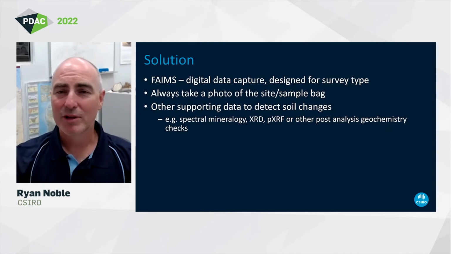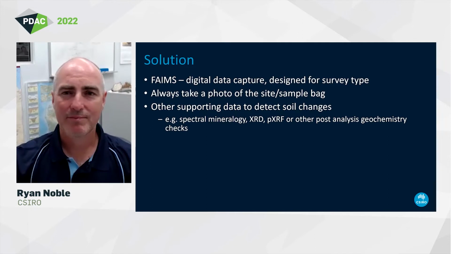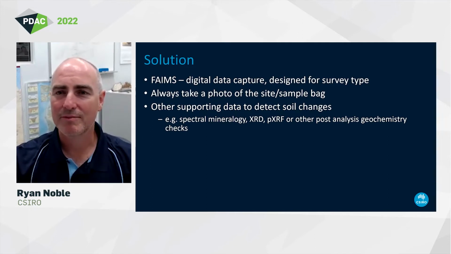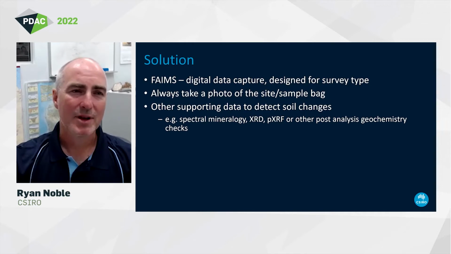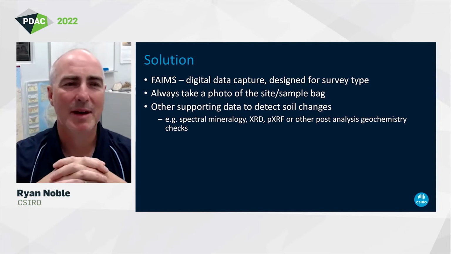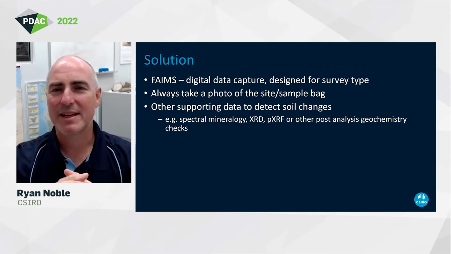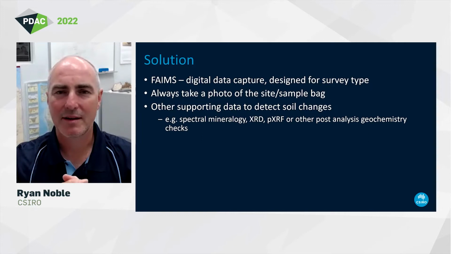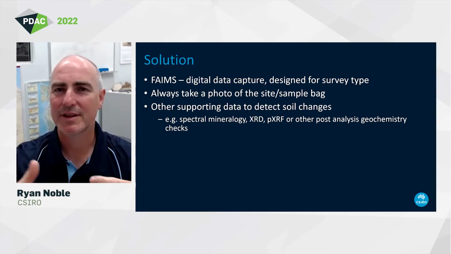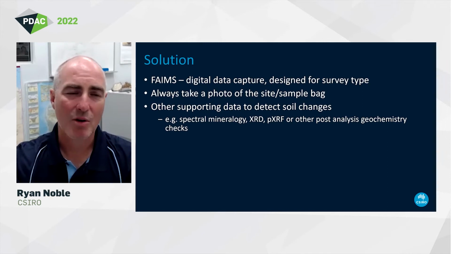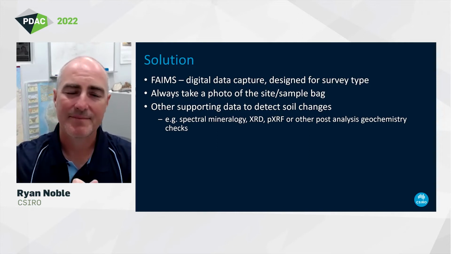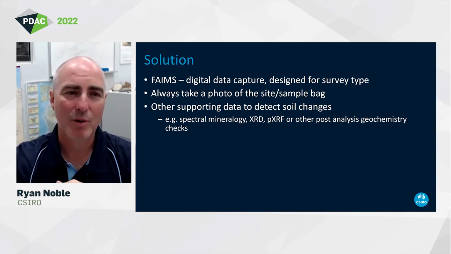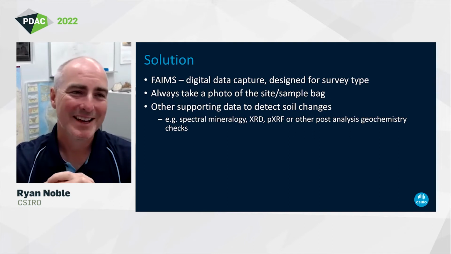The solution is around really good quality data capture, and that can be by paper and old school photography and things like that. We use a field information management system. There's a paper, I think I'll reference it in the upcoming slide, where you can rapidly capture a whole lot of information about the site. You can capture photos and all these sorts of things and tie it all in really quickly. I always recommend taking a photo of your sample bag with your site. It's a great way to solve problems sometimes if you're missing digits in your location data and other things like that